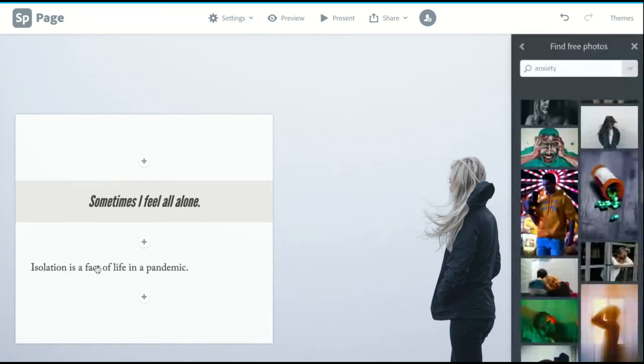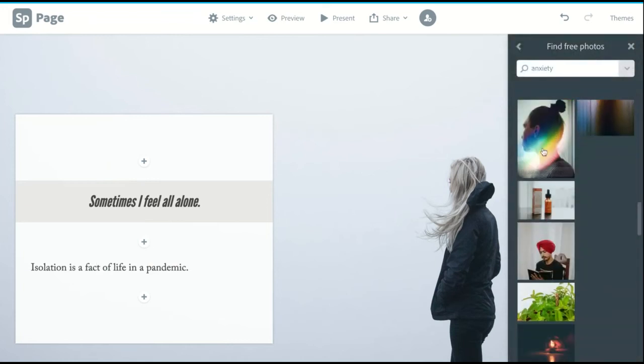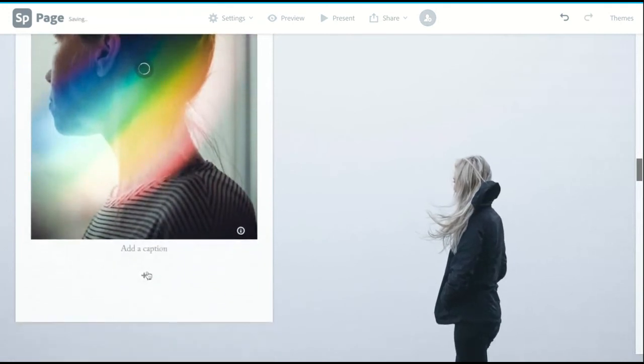Again, we could add in other photos. Sometimes a rainbow breaks through the cloud.